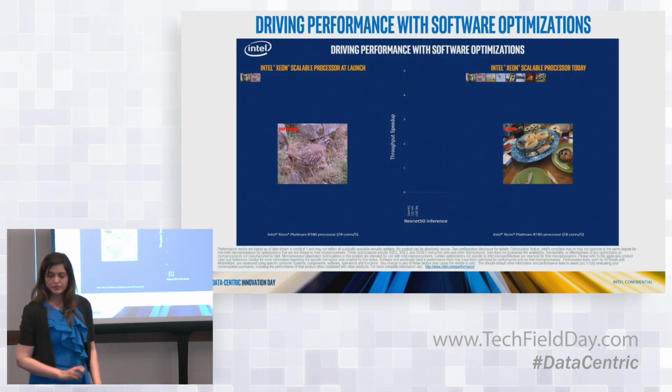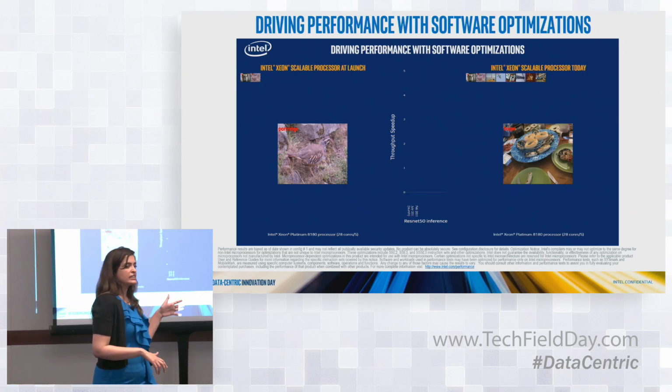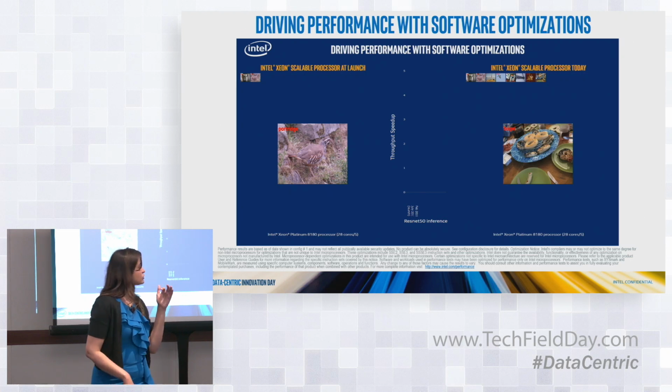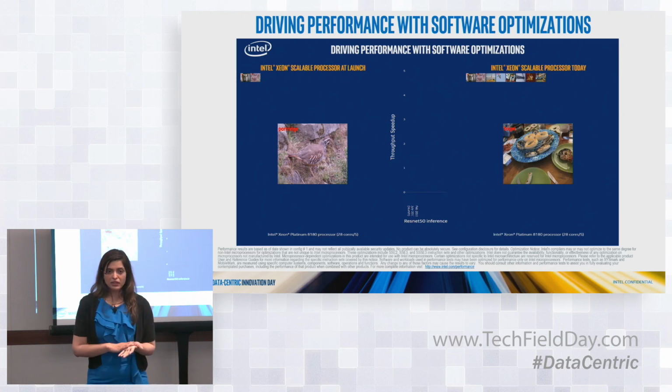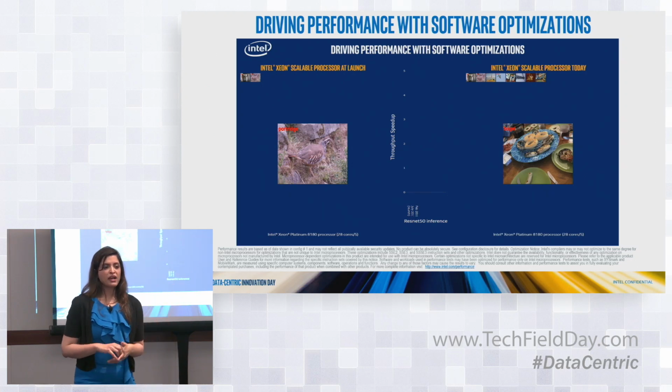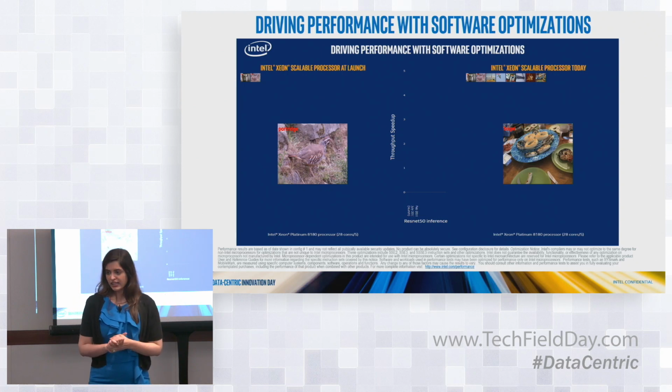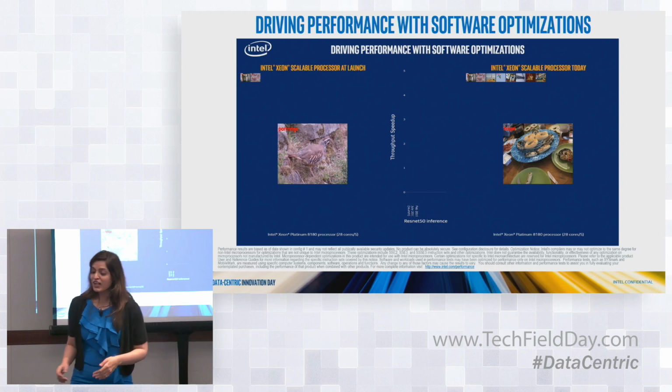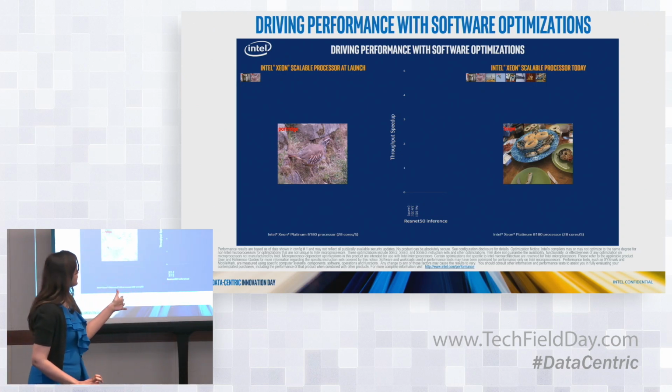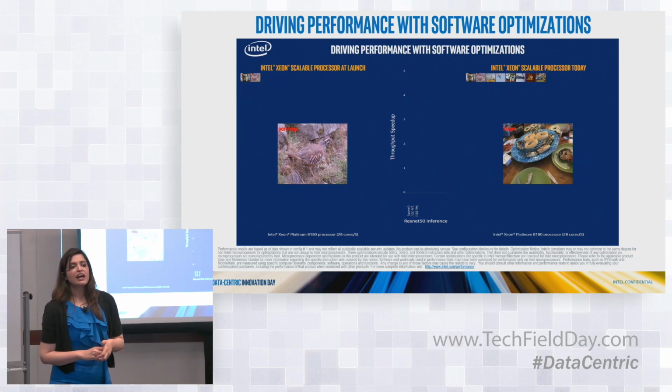So before I get into the details, I wanted to show you a brief demo, walking through a brief history of the optimizations that we've done since we launched the first gen Xeon Scalable. Since Ian already did marketing, I think we'll just get back to calling it Skylake and Cascade Lake. So Skylake is what we launched last year in July 2017. And then now to where we are today with the second gen Xeon Scalable with DL Boost, okay?